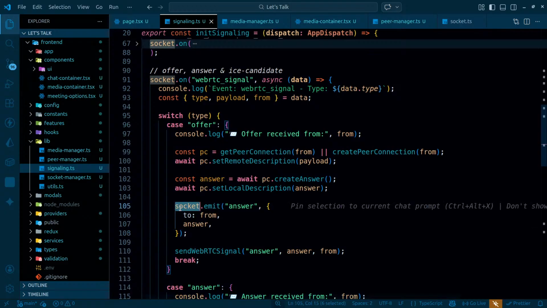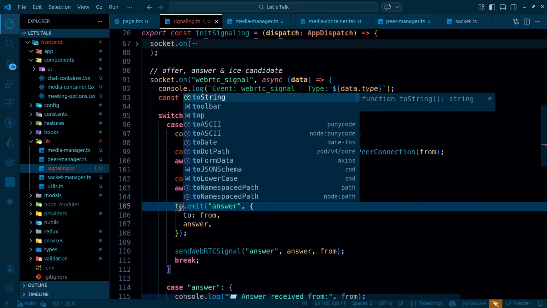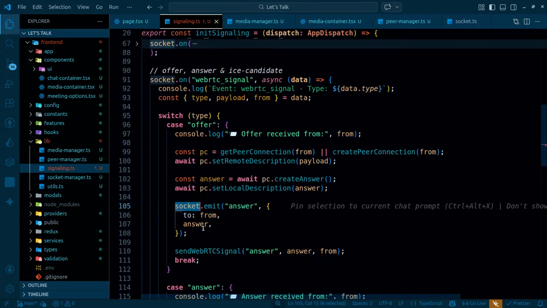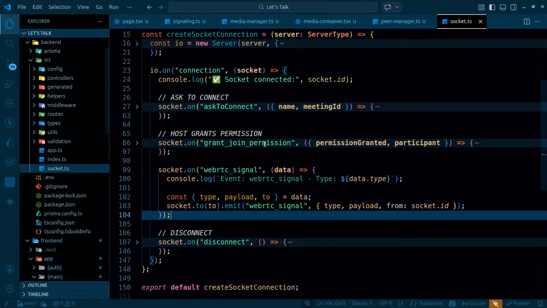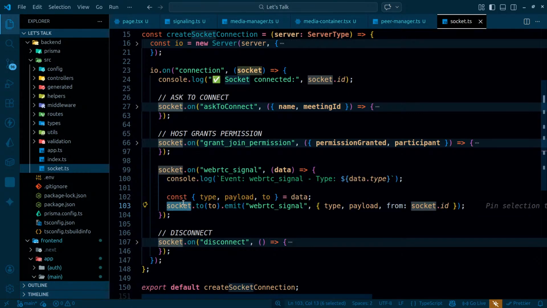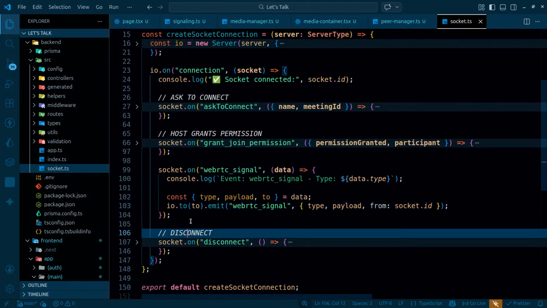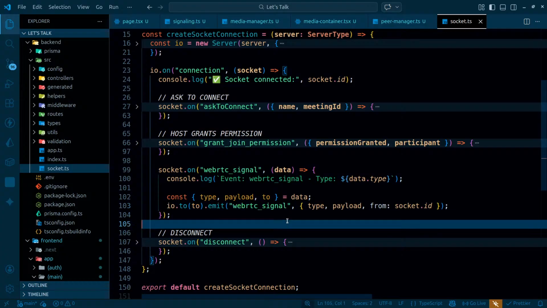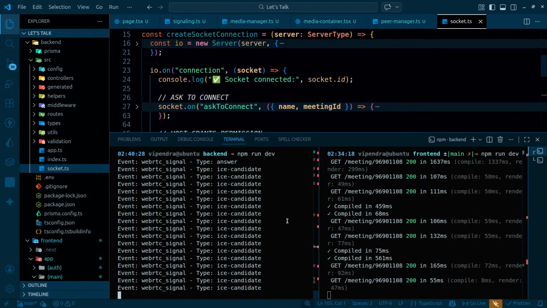I'm using socket here, so it's better to just simply use IO. Not IO, yeah, not even here. Inside socket.ts, IO needs to be used here so that it sends it to all the people. And apart from this particular thing,